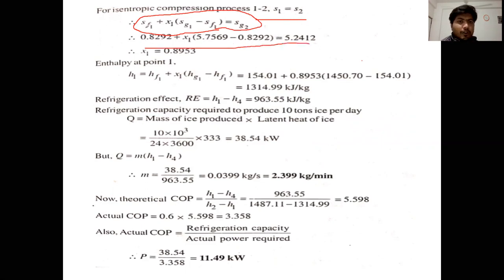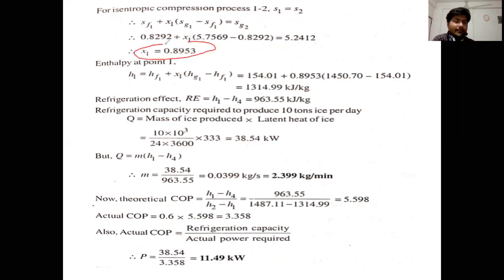Okay, so put all the values corresponding to this and calculate X1. What is X1? X1 is the dryness fraction of the refrigerant at the compressor inlet, 0.893. Now, with the help of this dryness fraction, we calculate the enthalpy at point 1. H1 equals HF1 plus X1 times (Hg1 minus HF1). All the values are taken from the table, and we calculate H1, that is 1314.99